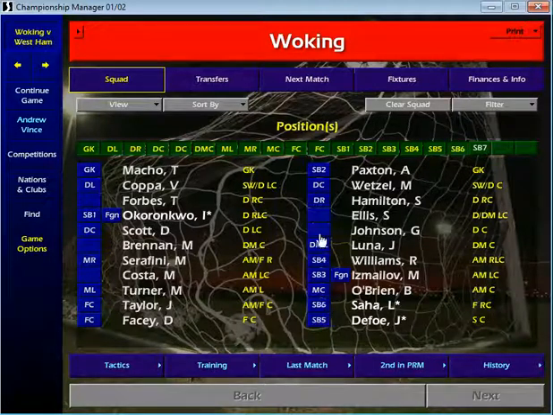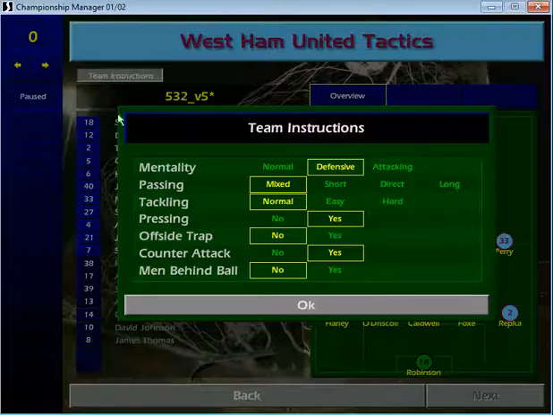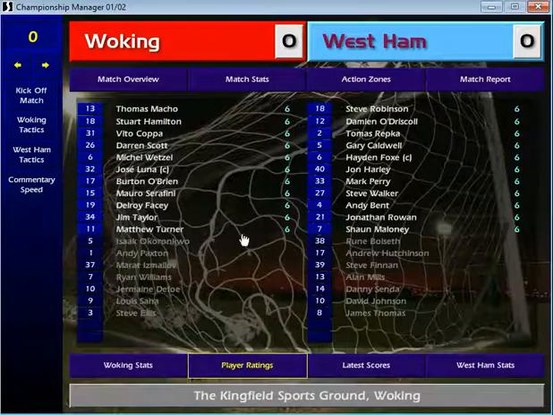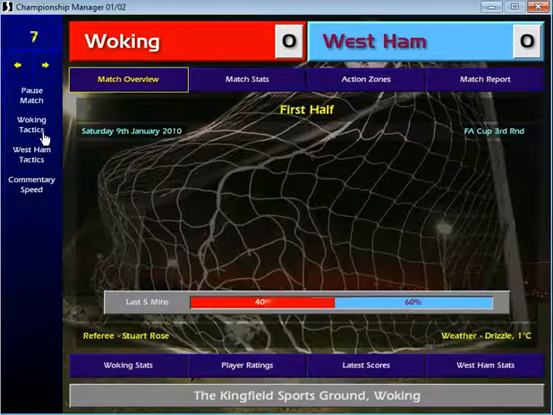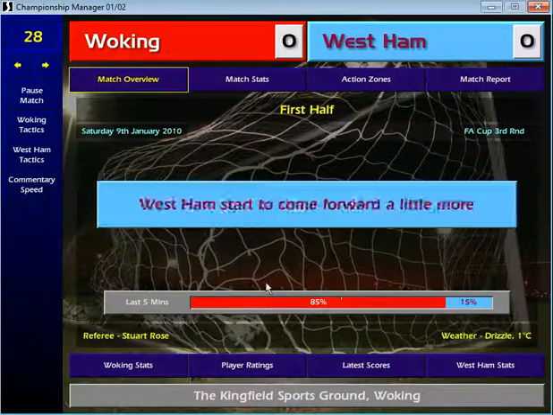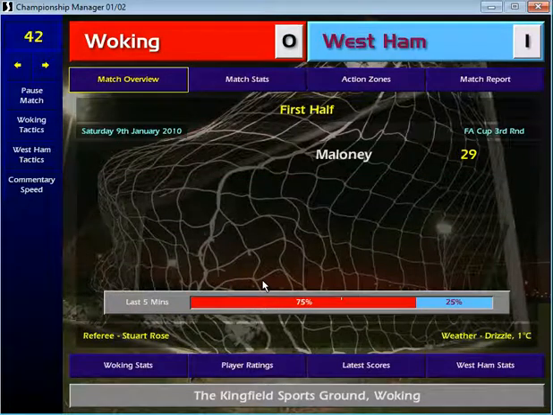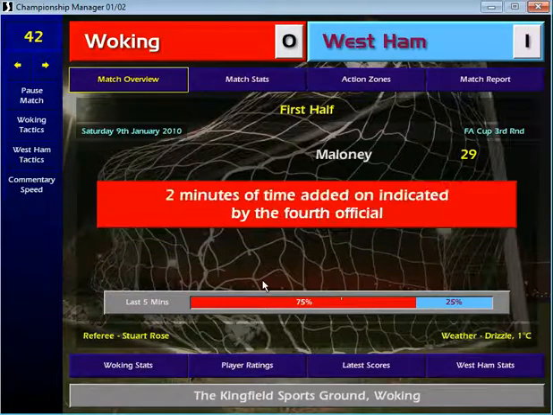Okay, we're home to West Ham in the FA Cup. Yeah, defensive, so counter-attack. So yeah, they're doing the usual stuff, so we'll play our way. Hopefully it won't be too hard to score now. We change things up. We're not overly attacking, we're not playing short. Looks like we can still get caught on the break though. They have got counter-attack on, so